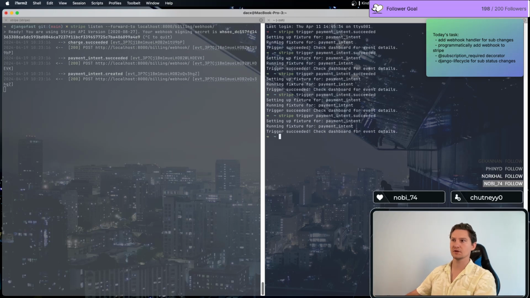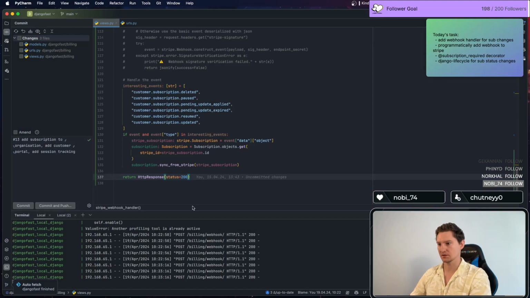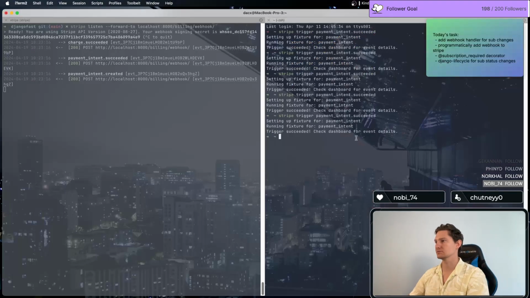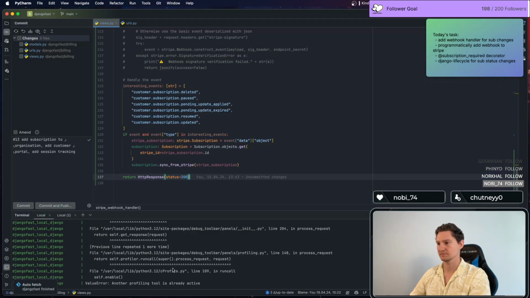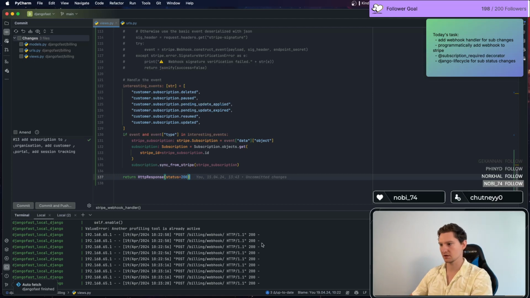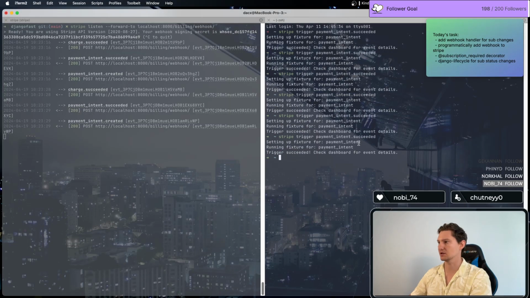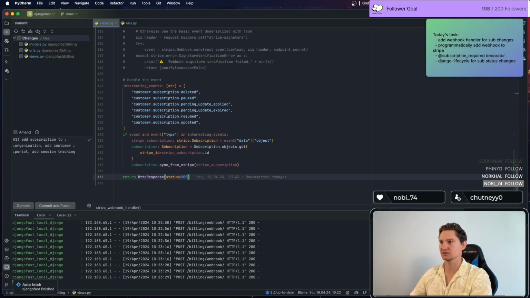Okay, so all green, everything works fine, but nothing really changes. So all is good on this end. Perfect. We're getting a lot of good webhook events, but what are we sending? We are sending payment intent succeeded, and we aren't listening to this, right? So if we do something that we're listening to,